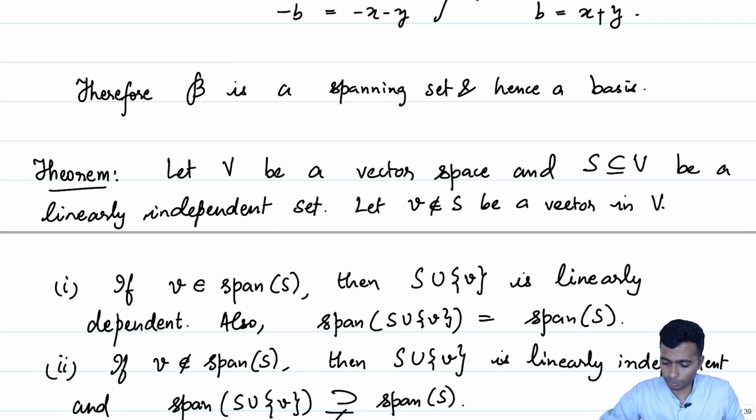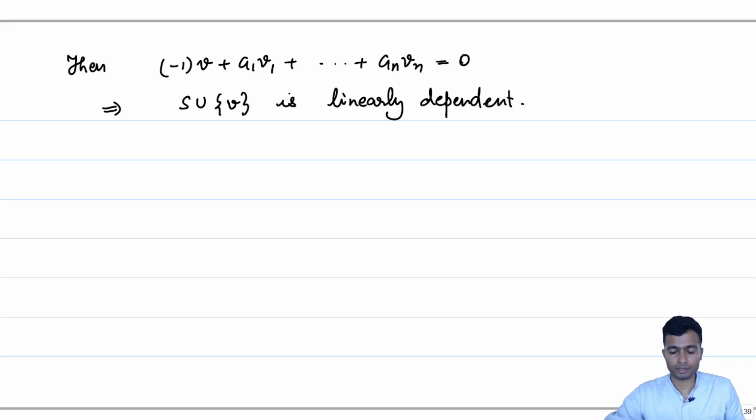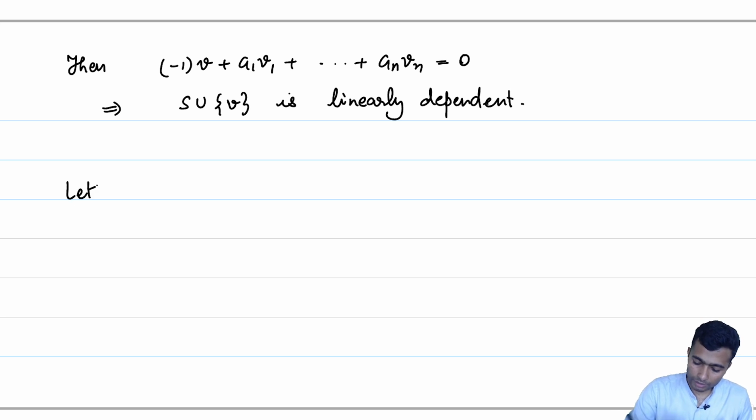That is what we had set out to prove. If you notice, we also have to show that S union V has the same span as S. We have already done a similar argument. So, let us take some arbitrary element in the span of S union V. Let a1 u1 plus an un be an element in the span